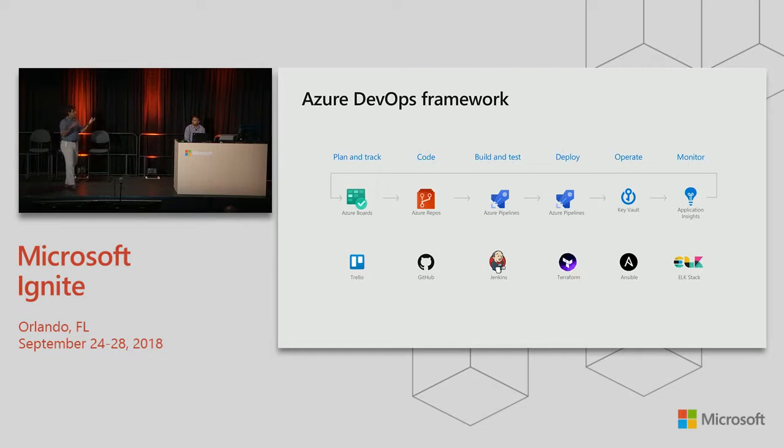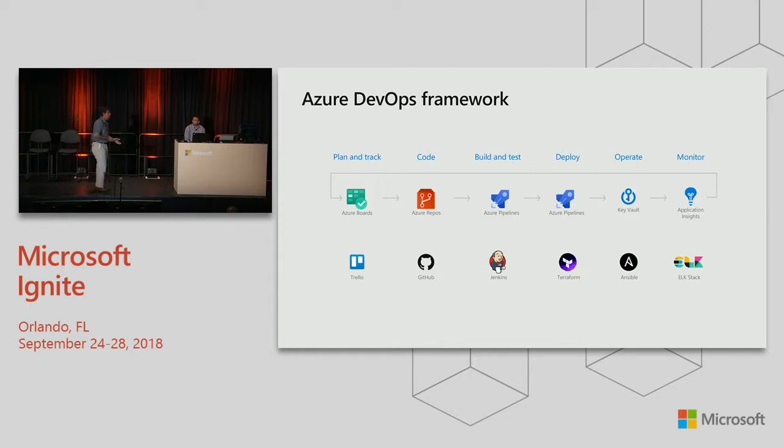With the help of Azure Pipelines, you can build, you can set up continuous integration, you can set up continuous deployment. With the help of Azure services that we have, like Key Vault, you're able to operate your services securely. And again, more importantly, you're able to monitor, regardless of what your application might be. It might be a simple web app, it might be a virtual machine. You're able to use tools such as Azure Security Center, Azure Monitor, Azure Application Insights to be able to get continuous insights into your application's performance, and you're able to feed all of that back into your planning, right? This is the DevOps cycle I was talking about earlier.